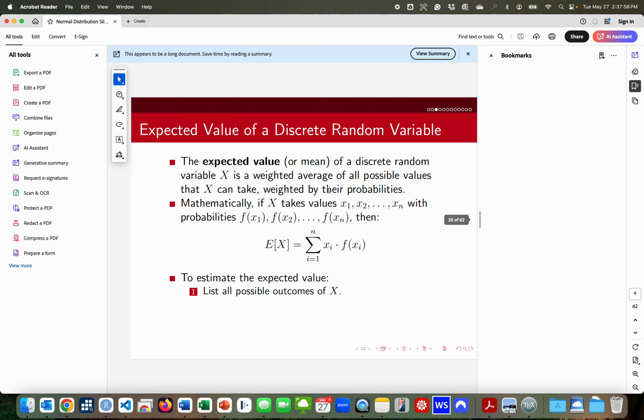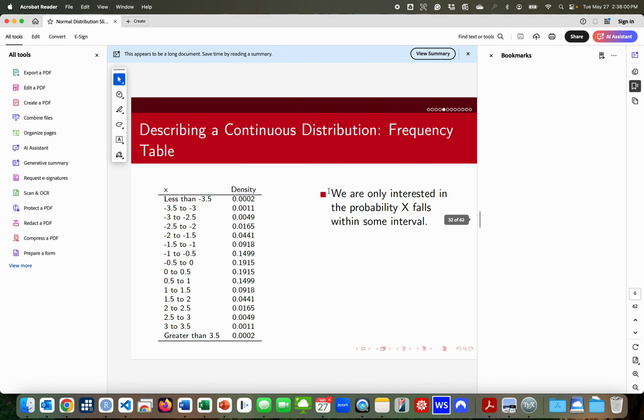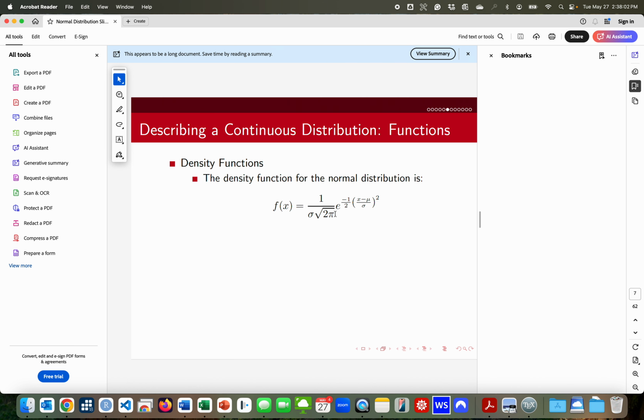is a complicated looking function that has sigma, which is the standard deviation, and mu, which is the mean. So the mu is what determines the location or the center of the distribution, and sigma determines how spread out the distribution actually is. So sigma is the standard deviation, and when we have a larger standard deviation, it means